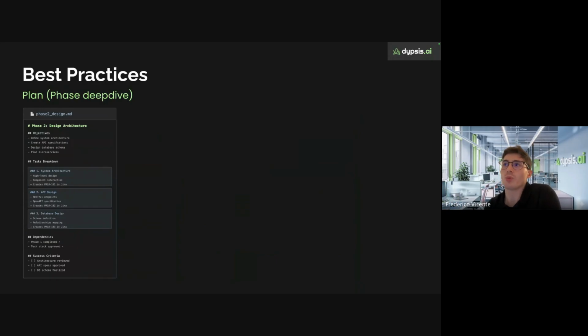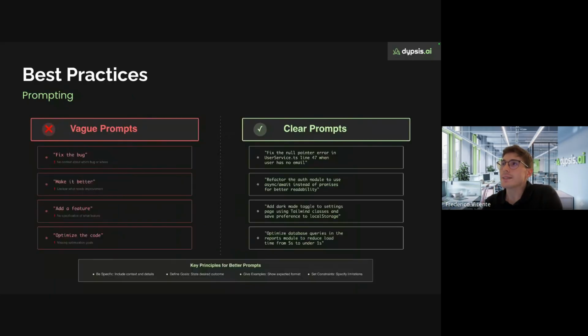And what goes within each phase markdown? As we were talking about PRDs, it should have the objectives, and the specific tasks that can map one-to-one to the Jira tickets. Each phase can be an epic, or you can design this the best way you prefer. It should have success criteria, so the system has an idea of when it should finish a phase or not.